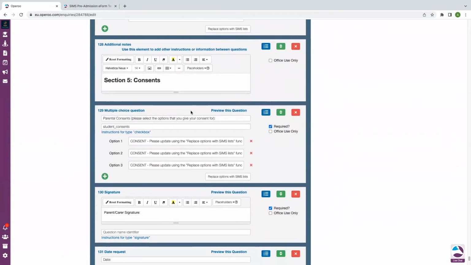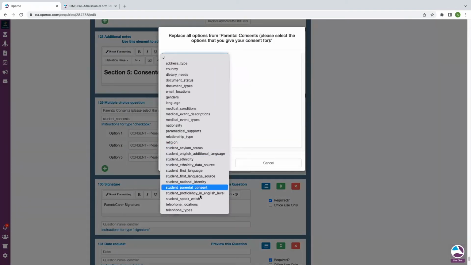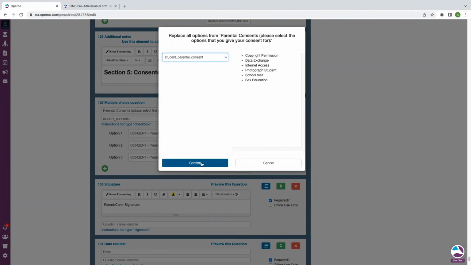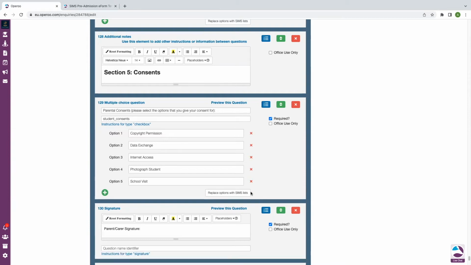So this pulls from section 12 in SIMS. So clicking replace options with SIMS list, it's student parental consent, and that will override the options. So I now have from my test SIMS environment, copyright permission all the way down to sex education. If there are any consents that you do not want parents to see, for example, if you are a primary school, and you don't want the parents of reception students to see sex education, just delete that option and then